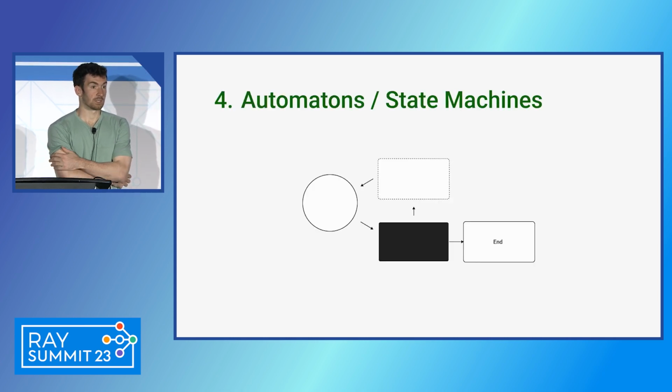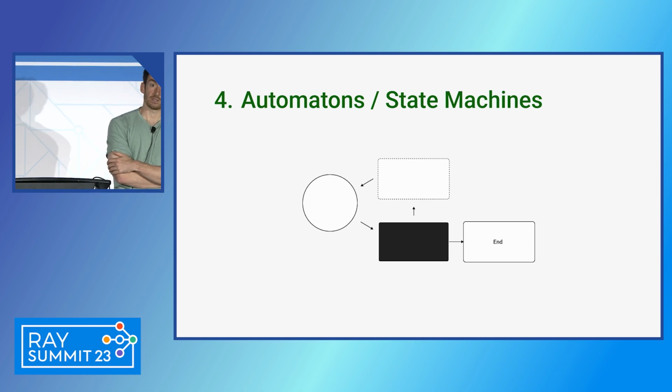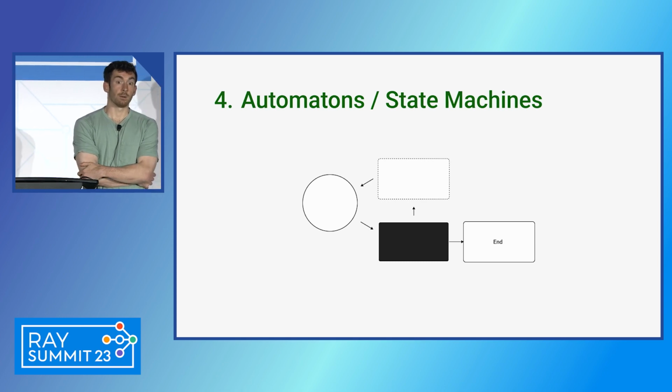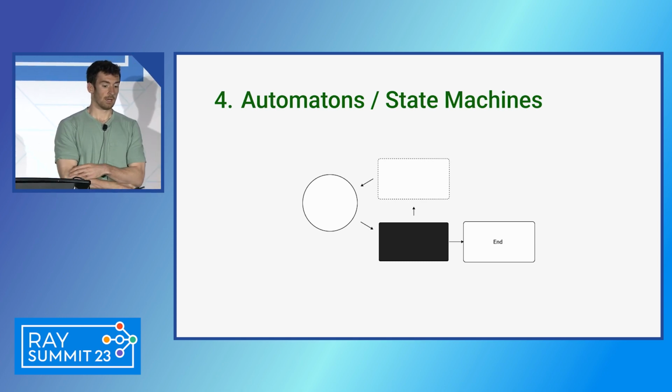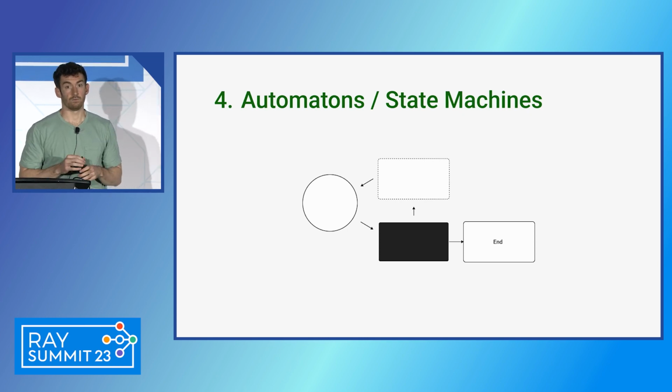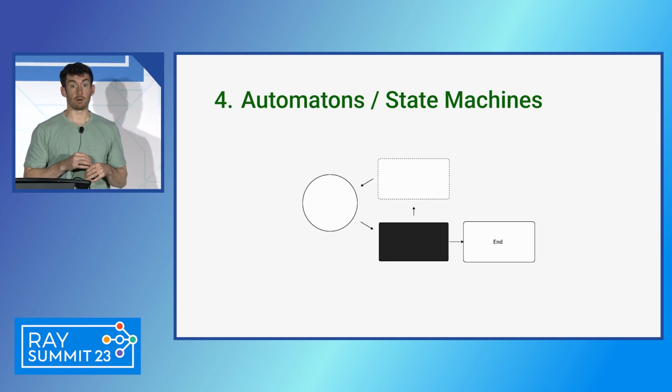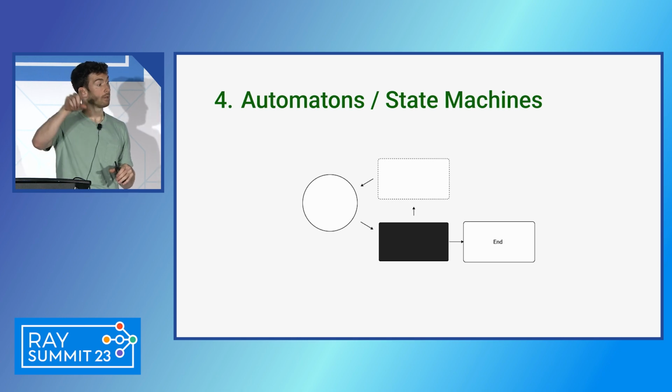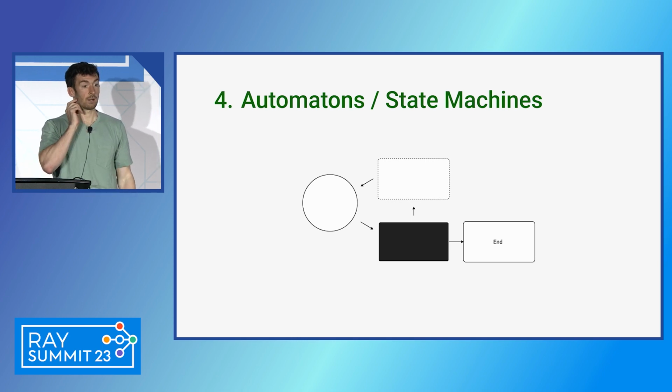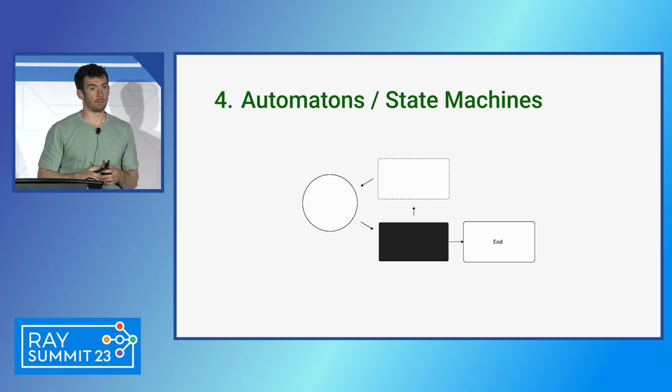The next level up, and where we start to get into things that people like to call agents, is when we approach automatons or state machines. And so this involves a bunch of previous logic in routing. So you often have blocks that decide what to do next. You've got that routing component there. And the main difference is that you can now have these cycles in the routing system. And so you can start to get infinitely many different paths that you could go down.